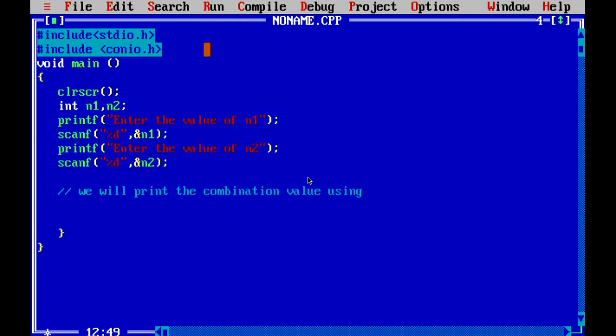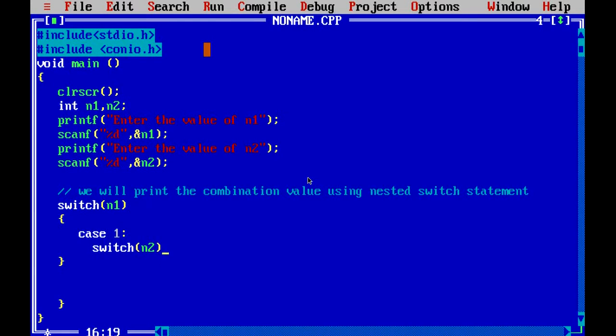So we will take the input values n1 and n2 and try to print the combination of values with the help of switch statement. The first switch statement will work for n1, and inside that we will add the cases case 1, case 2 and case 3, and for each case we will apply a separate switch statement.